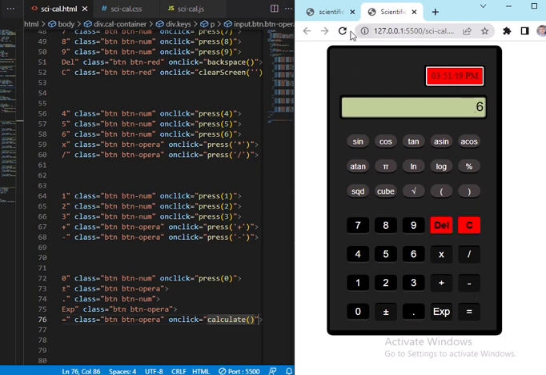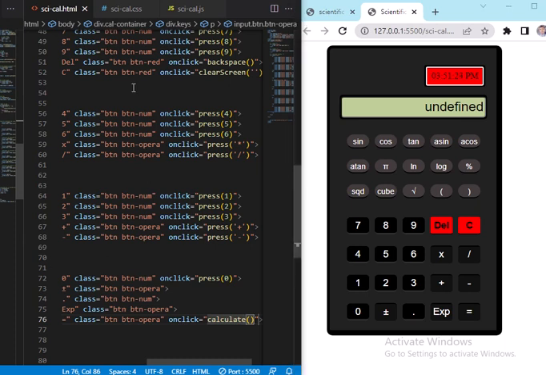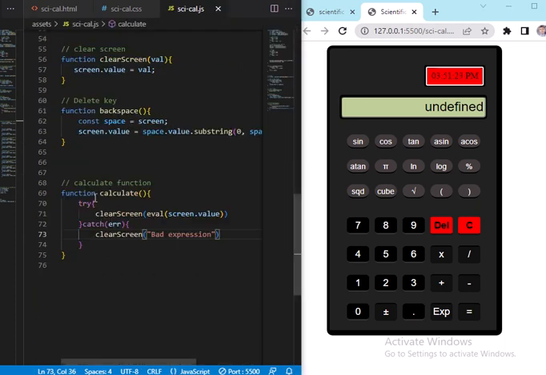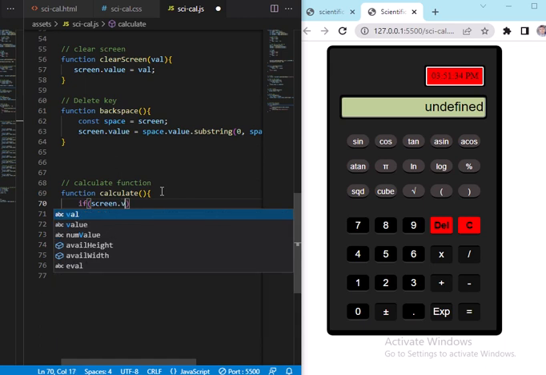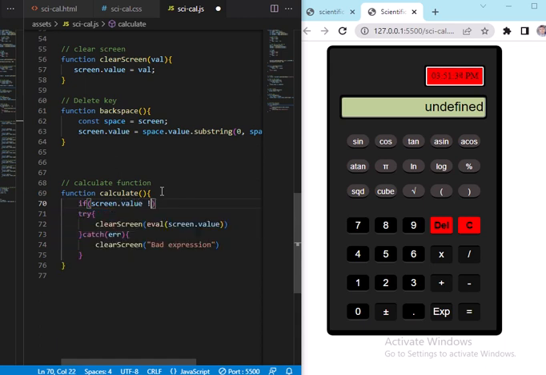So now the question is, what if we just click on equal to? It gives us undefined because there's no value here. It's just like a new value, so it gives us undefined. To avoid this, we're going to add an if statement to the evaluate function. We're going to say if the screen value is not equal to empty. Now if the screen is not empty,